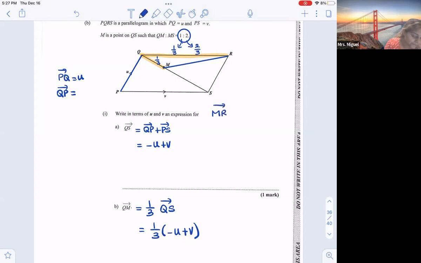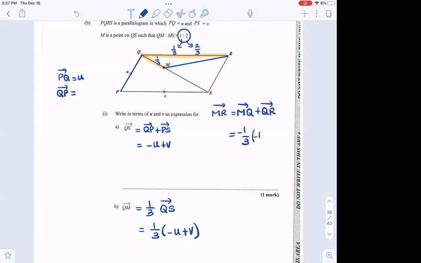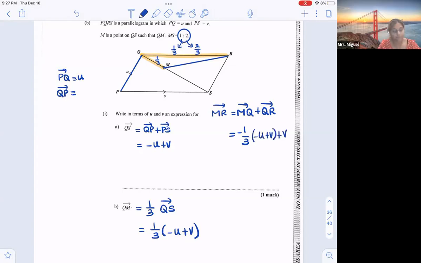MR is the vector MQ plus QR. So this is negative 1/3 of QS, which is minus U plus V plus V. So this will give us